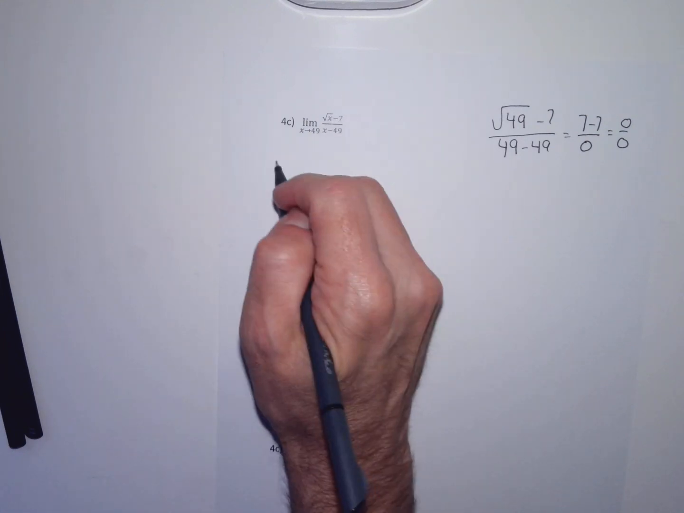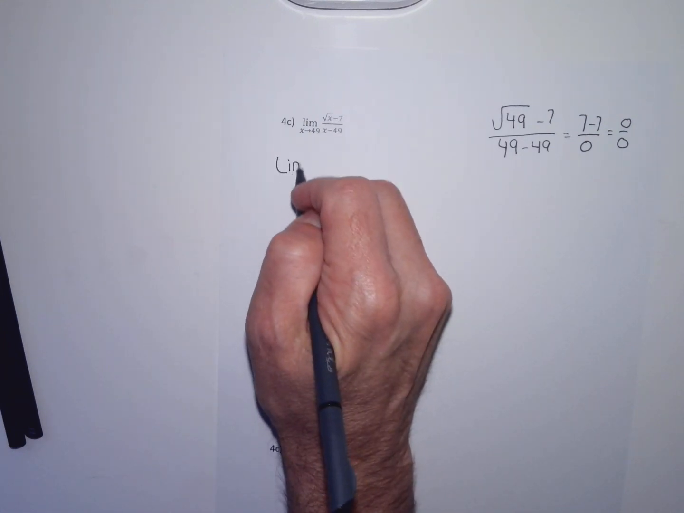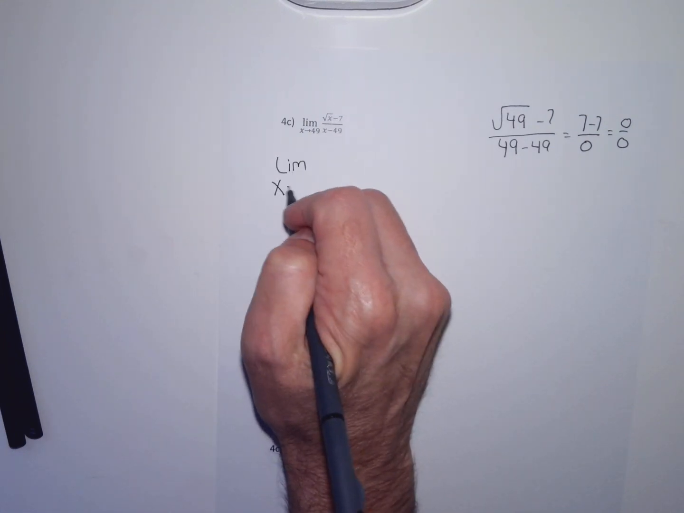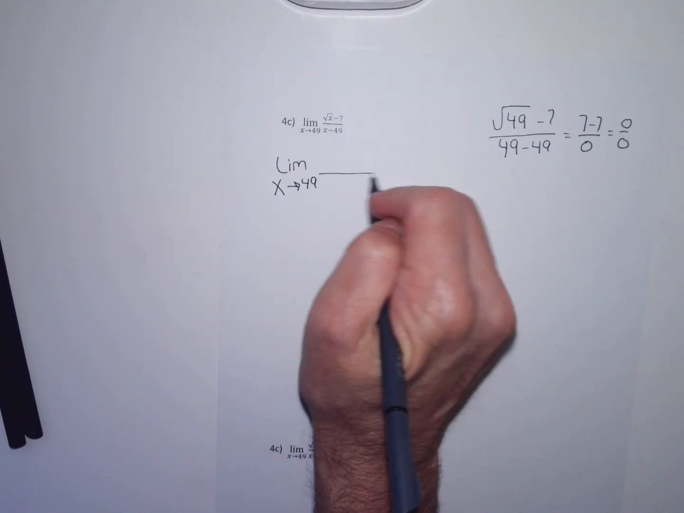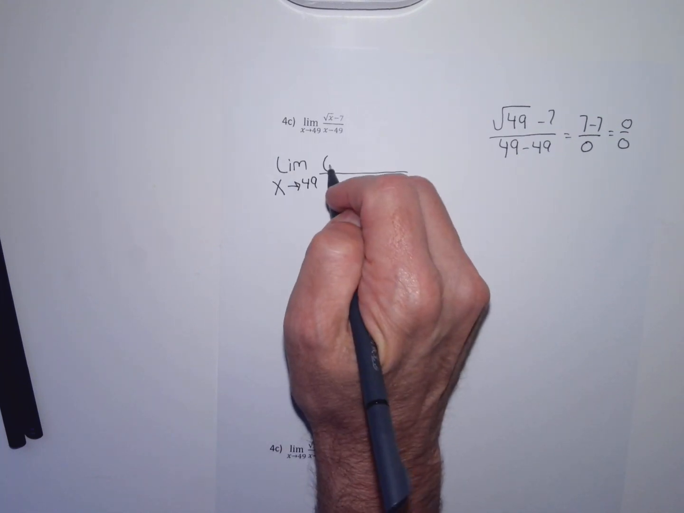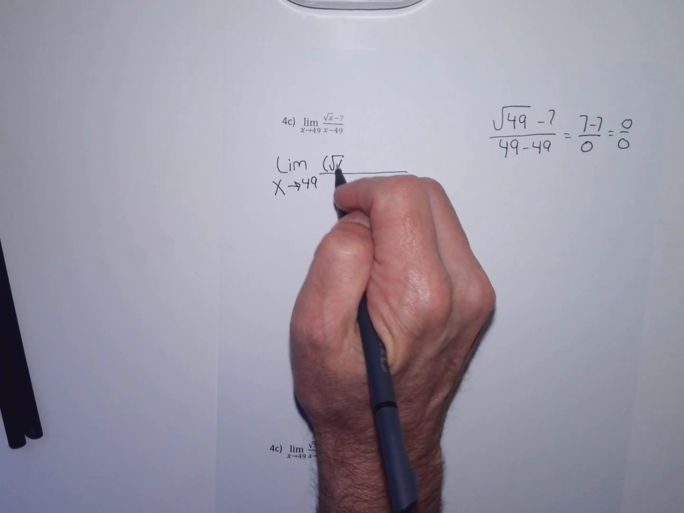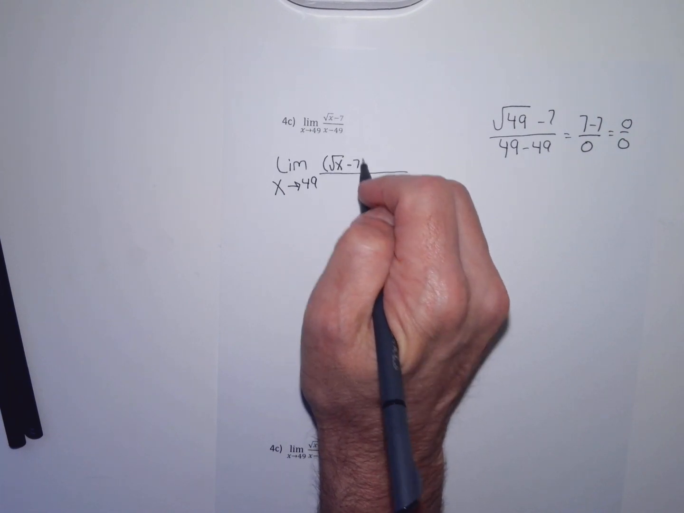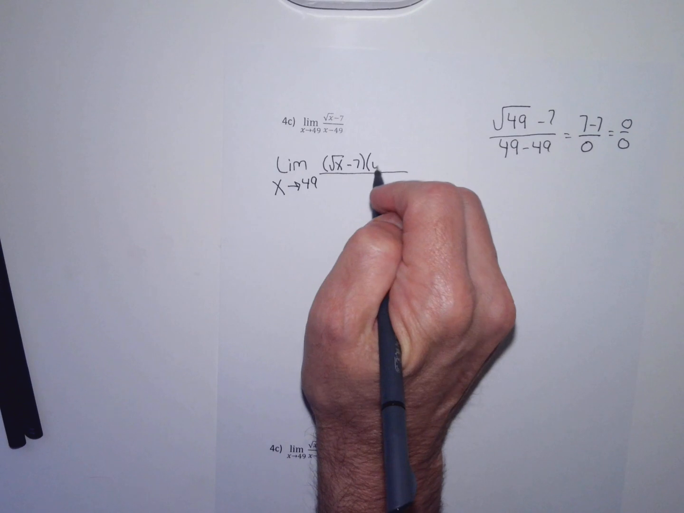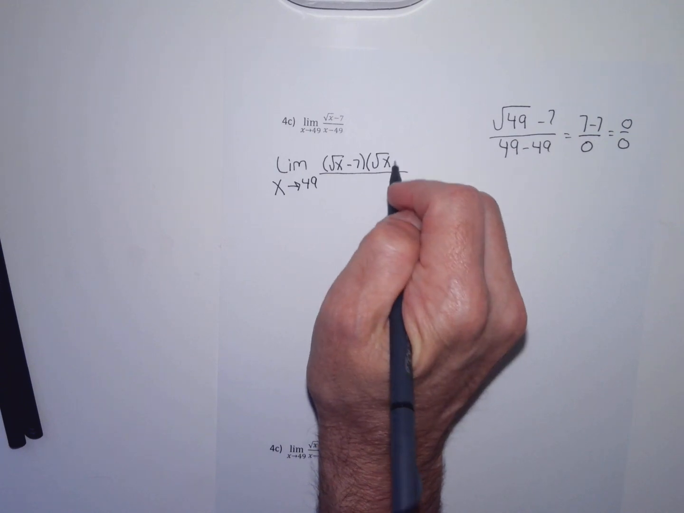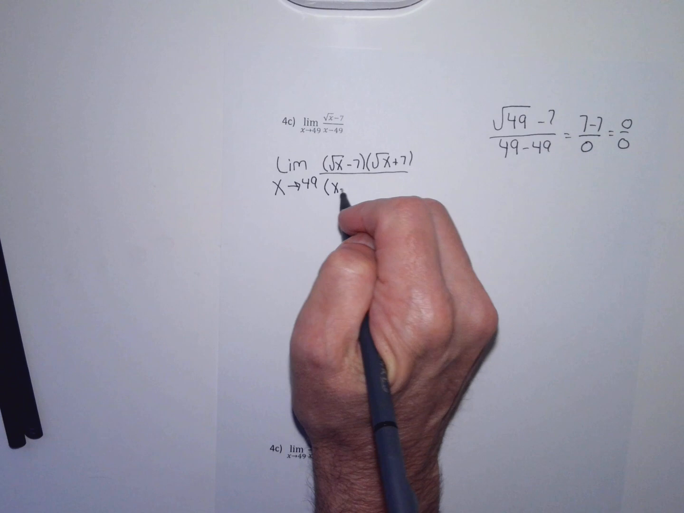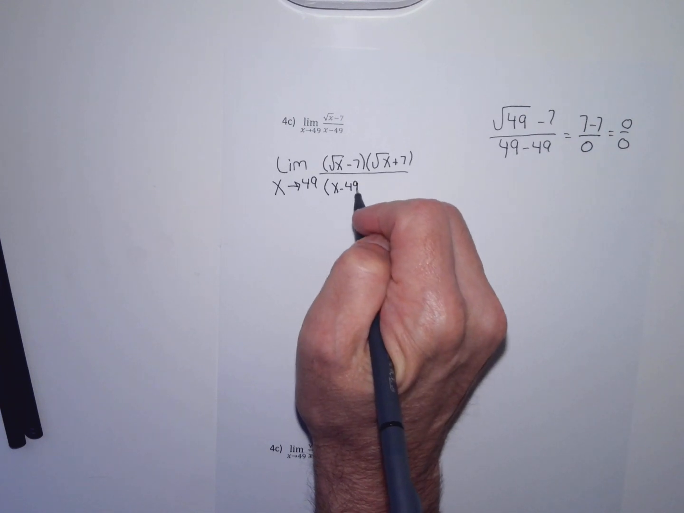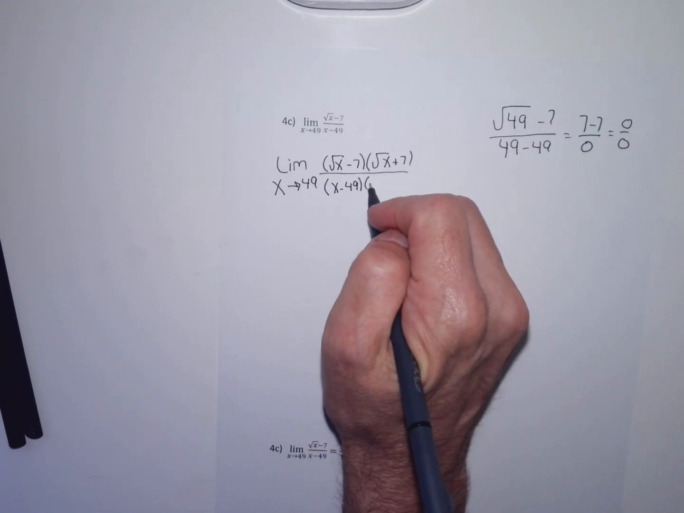This is the ugly computation. To do this limit, when I have this funky square root set up, I have to multiply by the conjugate of the numerator, which is the numerator with its sign changed. And I have to do that to both the numerator and the denominator. So I'm going to multiply the numerator by the square root of x plus 7, and I'm going to multiply the denominator by the square root of x plus 7. When I do the multiplying,